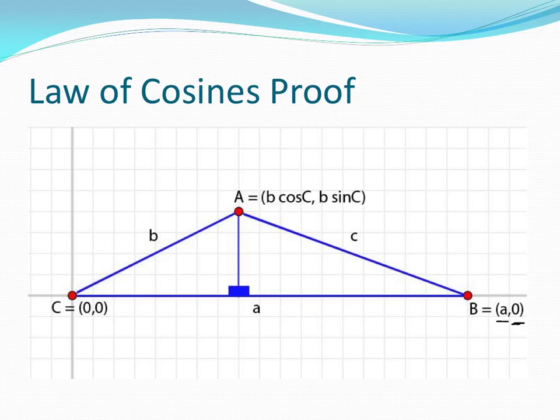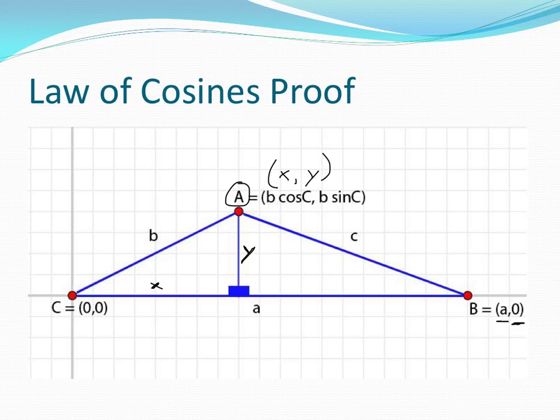Vertex A, on the other hand, appears to be out here in space. So I'm going to generally call that point (x, y). It could be any (x, y). The x is the horizontal distance from the origin to underneath vertex A. The y value is the vertical distance from the x-axis up to vertex A. So you'll notice that you have a little right triangle inside of the larger triangle that goes up towards vertex